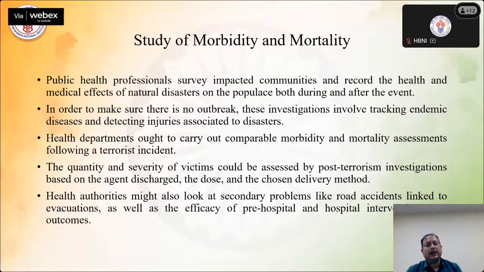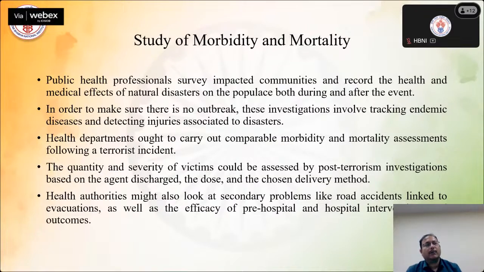So it is much required that this type of study or record should be maintained. In order to make sure there is no outbreak, their investigation should involve tracking endemic diseases and detecting risks associated to disasters. Health departments ought to carry out comparable morbidity and mortality assessments following the test accident. It is also a matter of fact that if community is being affected, or if you are getting a report